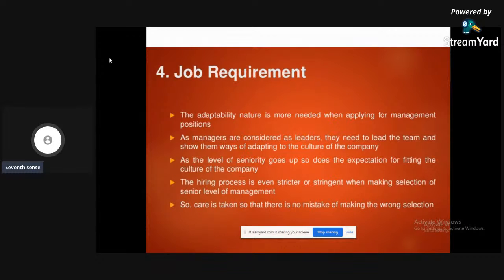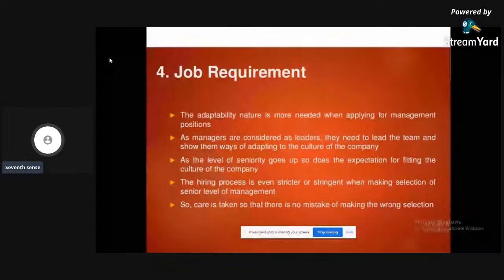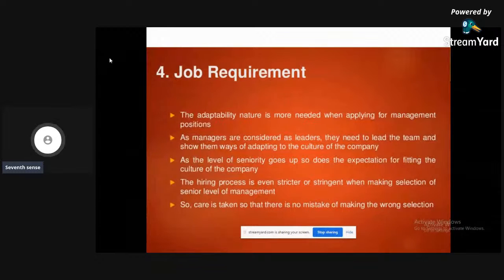Now, job requirements. You may start your career as an engineer or a techie or a mechanical engineer, whatever. At one point you'll be a team lead or a manager, somebody who is going to take care of a group of people working under you.